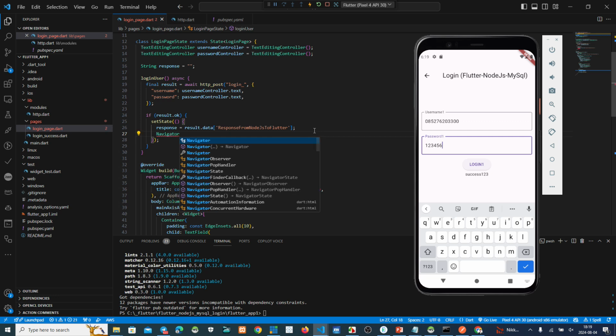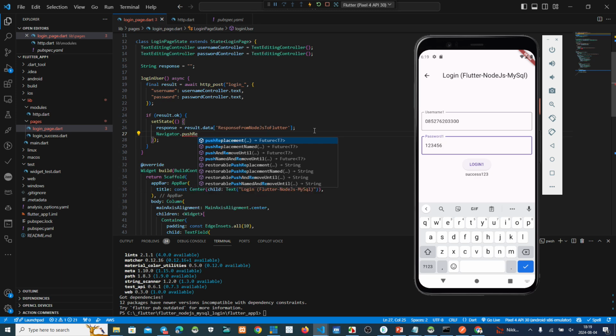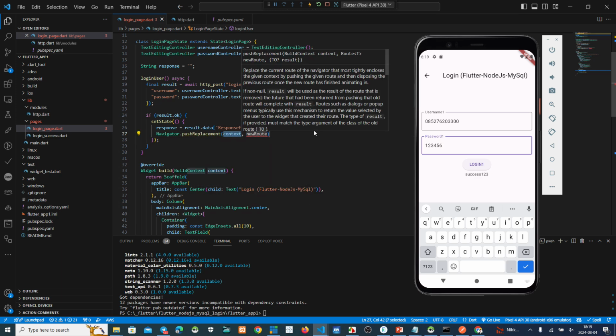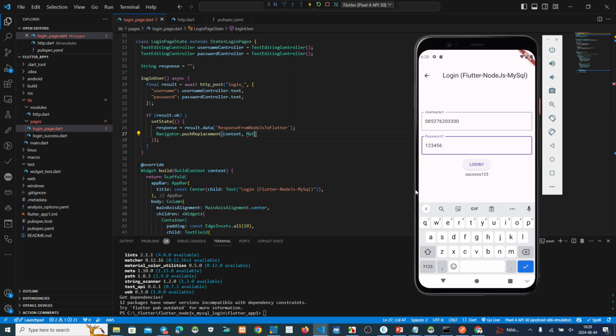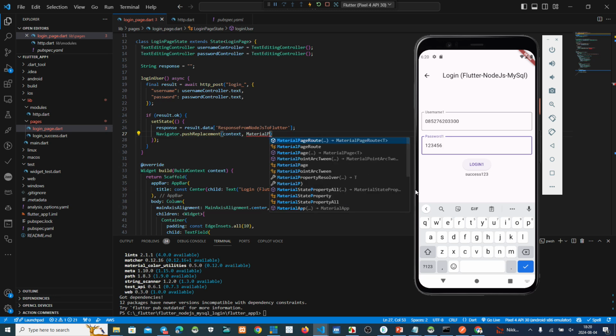Navigator dot push replacement here. Context, comma, this one root, material page root. Where is it?